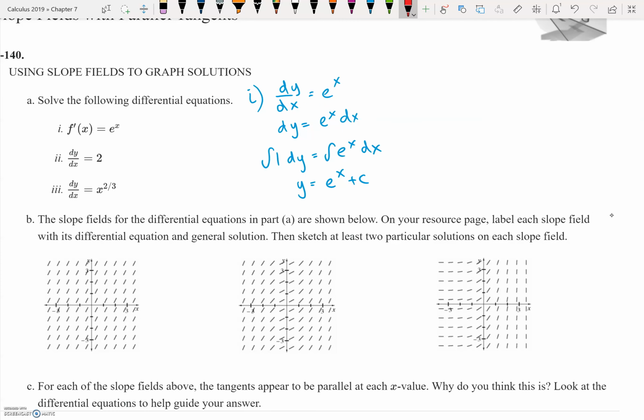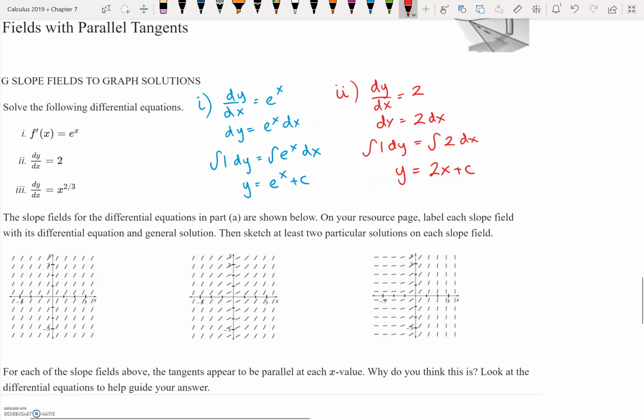Let's do our second one. The derivative of some function is 2. So let's move the dx to the other side. We're going to integrate. Once again, this becomes 1. What is the antiderivative of 2? Oh, this is going to be y equals the antiderivative of 2, which is 2x plus c. And the last one